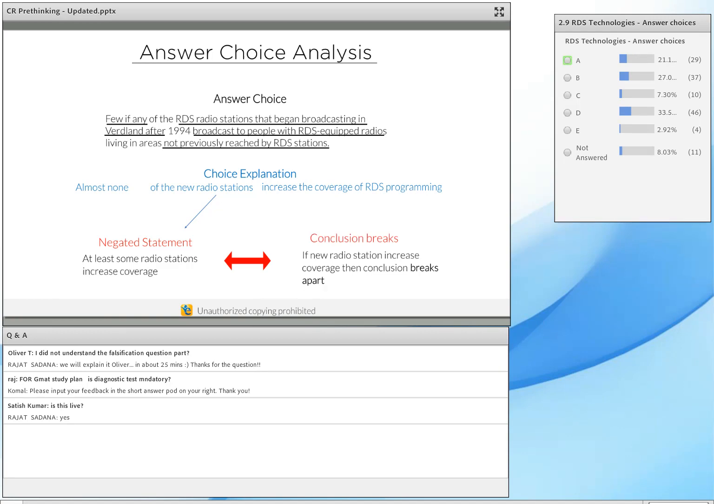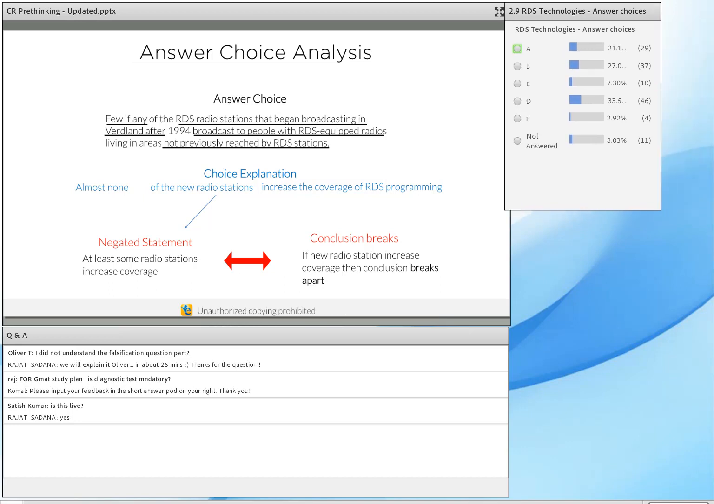Because if some radio stations increase coverage, then the author cannot say with 100% certainty that the newly added radio stations do not add. The number of Verlanders receiving special programming did not go up in 1996. First of all,